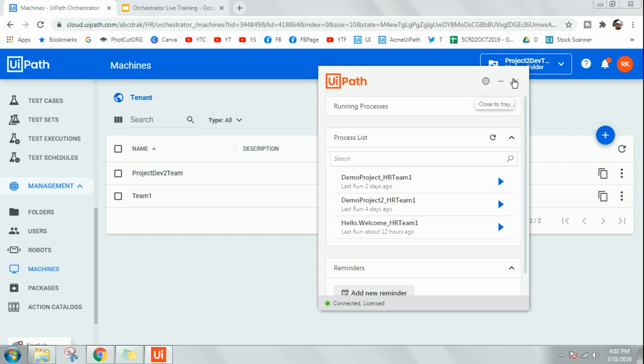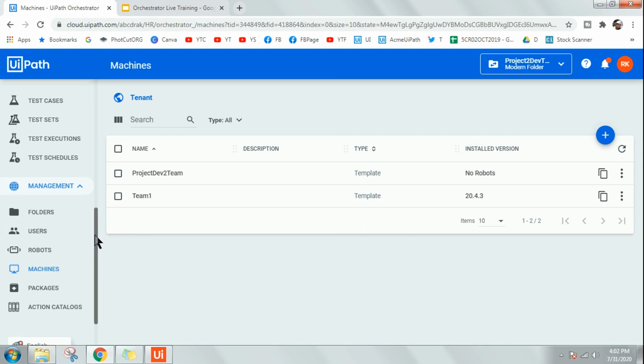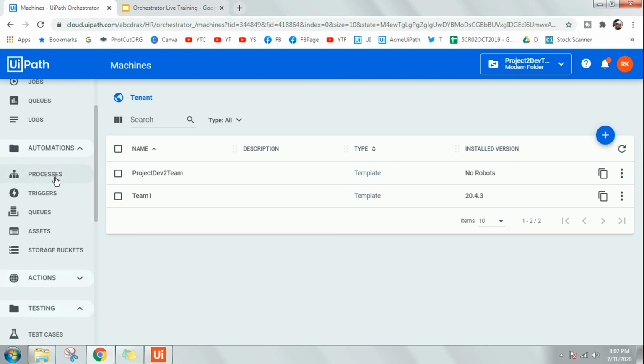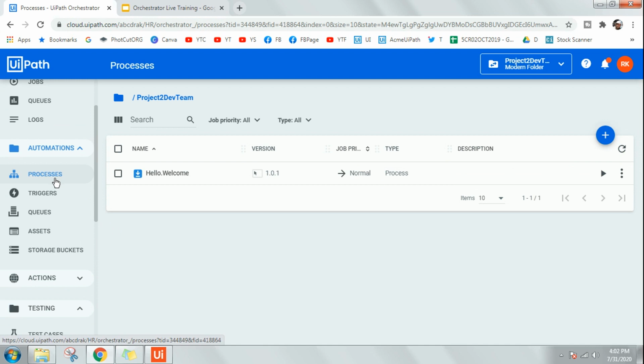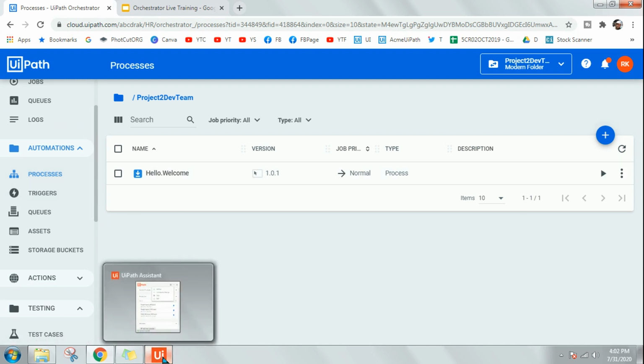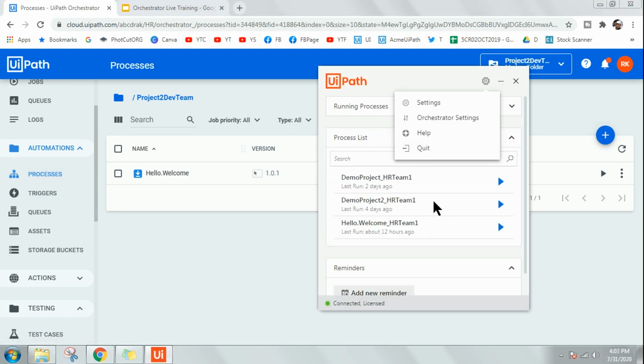So for that, what I'm supposed to do is, because this project should not come, okay, why should this project not come? When I go to the modern folder and go to processes, okay, there is no project, right? That's why, because it was linked with the previous edition, the first thing you do is go to orchestra settings, because this has to go out, this should not be there.